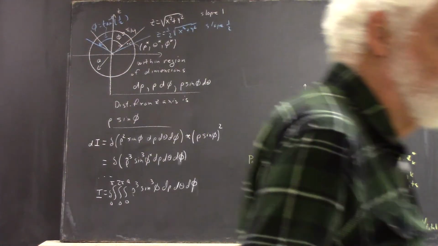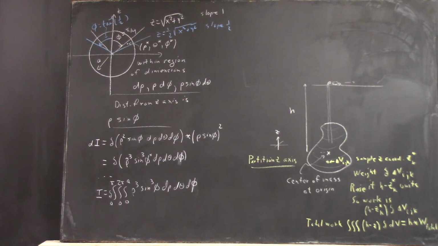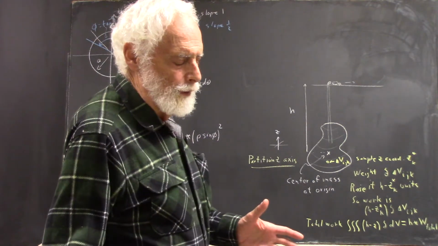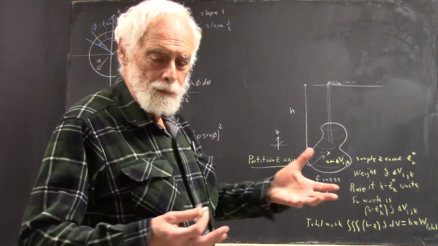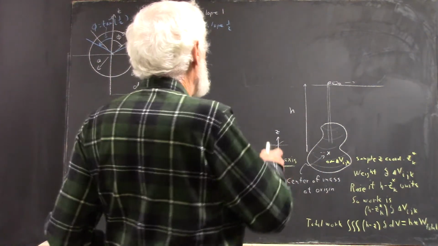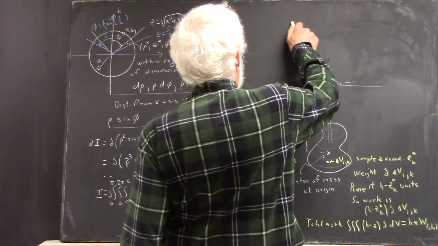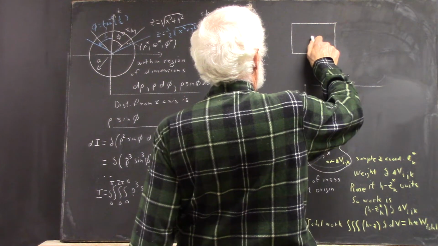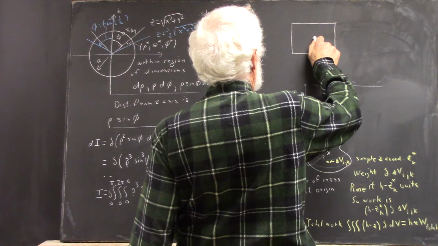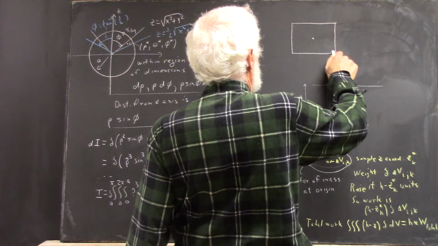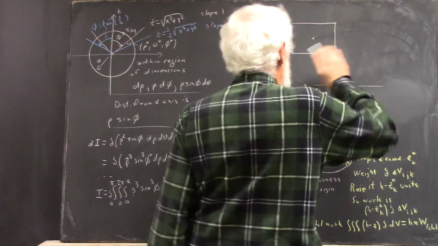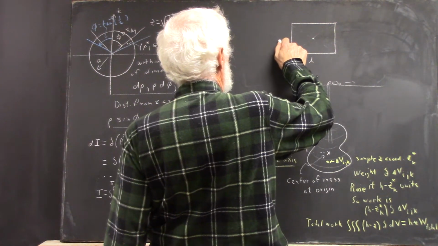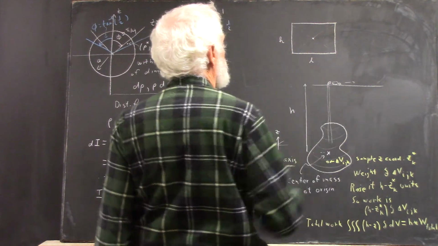Problem 53, I guess that's in 12.6, asks you to find the moment of inertia about a laminar rectangle H by L, homogeneous, about an axis through its center of mass. Well, center of mass is going to be the center. So if this is L, and this is H,